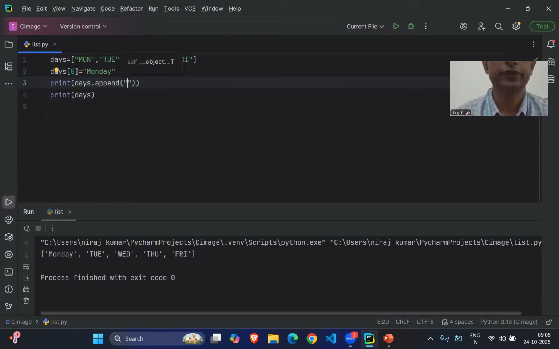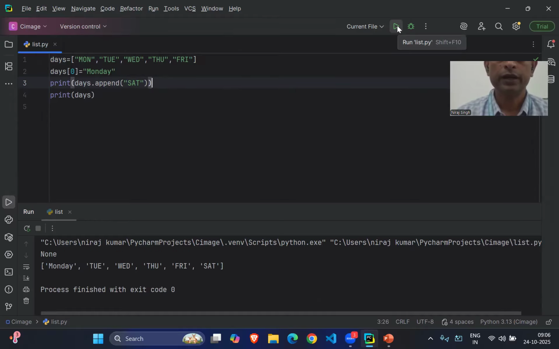After Friday, I'm going to add Saturday. So it will appear at the end of the list. Let's run the program, and you will get the last element added at the end by using the append method.